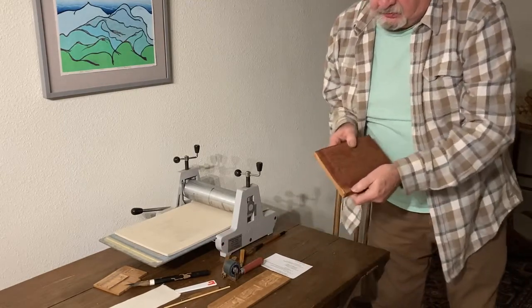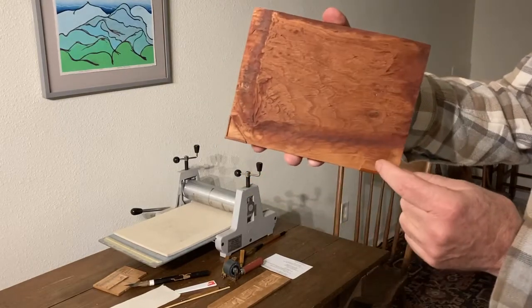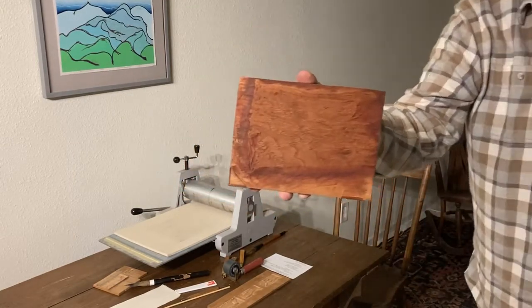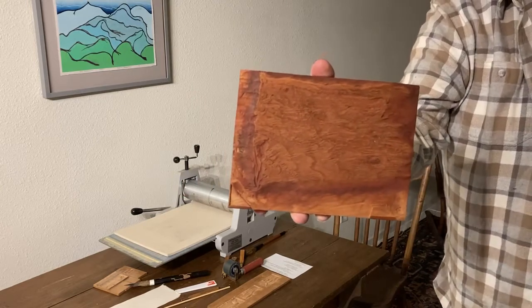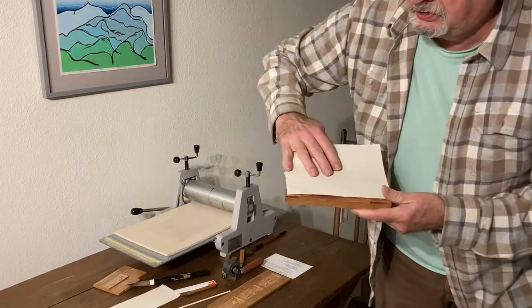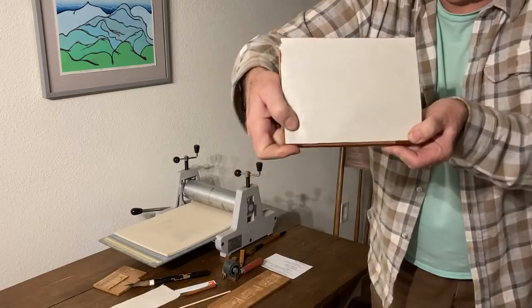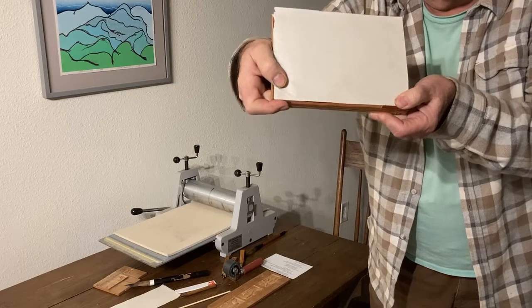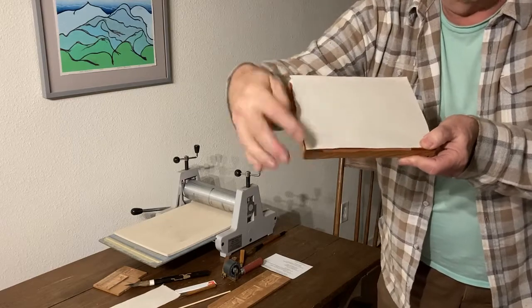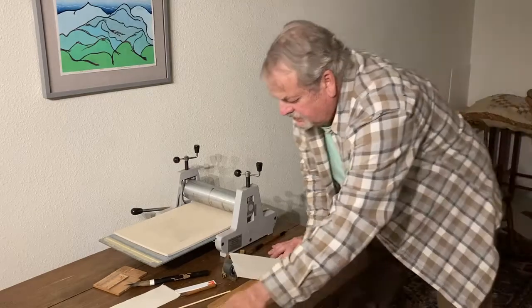And this woodblock, if you notice, has these marks down here and here, and they're called Kento marks. I borrowed that from the Japanese mokuhanga tradition, and it's for registration. It's where the paper will go into these marks like that, and subsequent color prints will continue to be put in Kento marks like that. But before we get there,